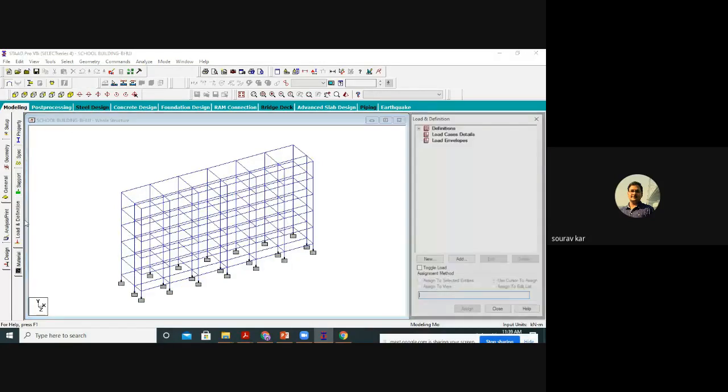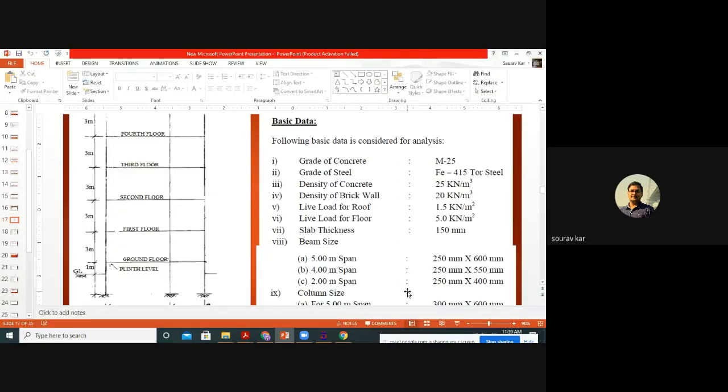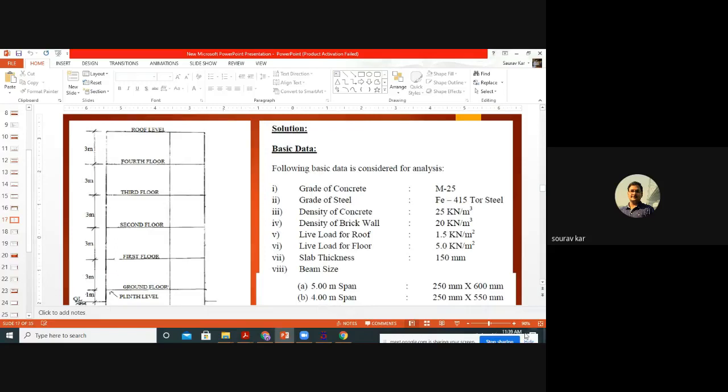We will go to load and definition. First we will create the definition. Now we are delving into this earthquake analysis.